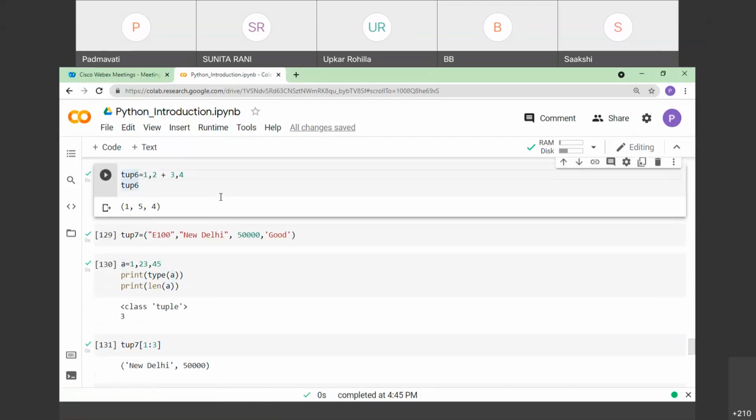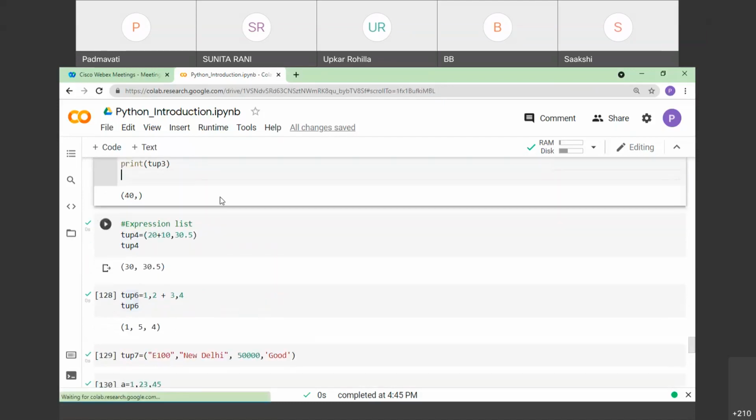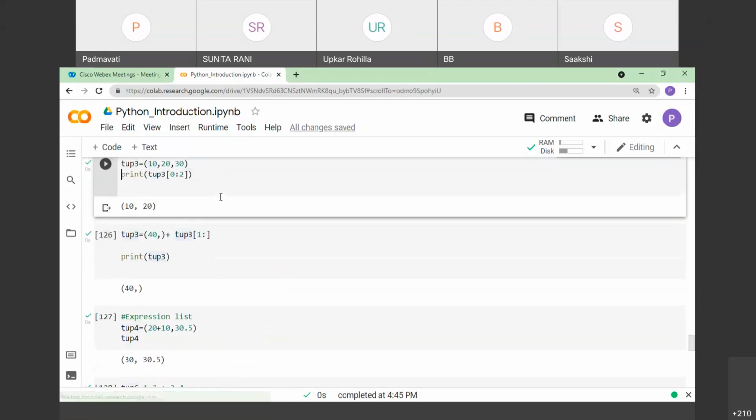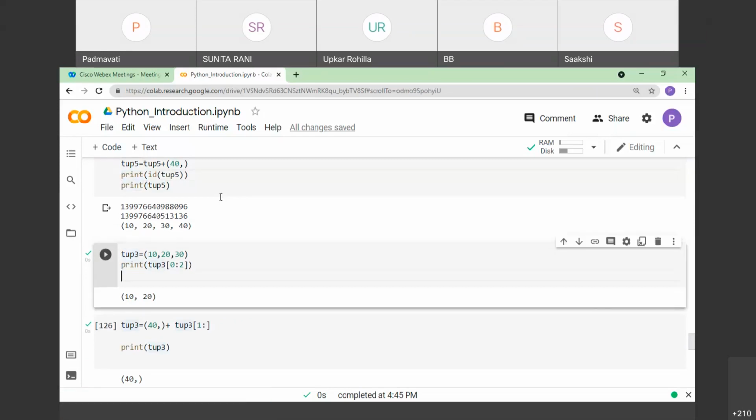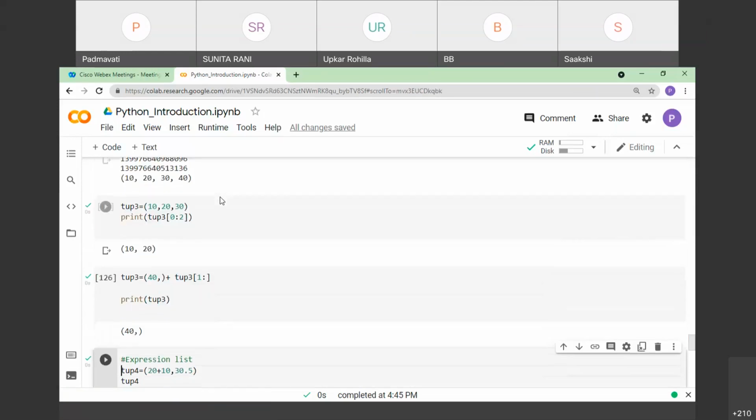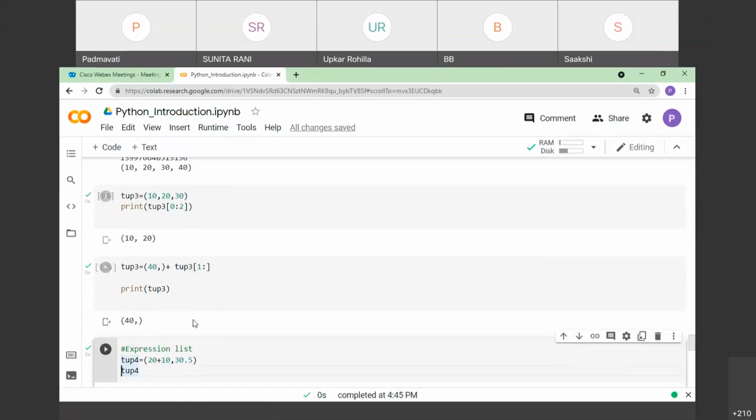Expression list, hashtag expression list. I don't know what you are asking. This one, ma'am. 127, ma'am. This is 126. Okay, this is what I explained. 127, ma'am. Okay, this one. Yes, ma'am. Yes.